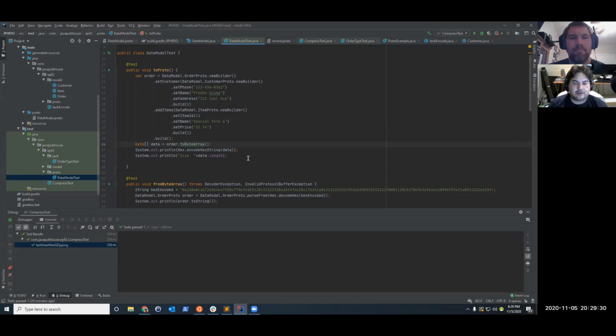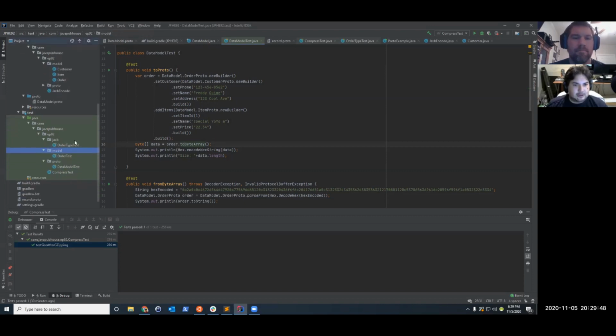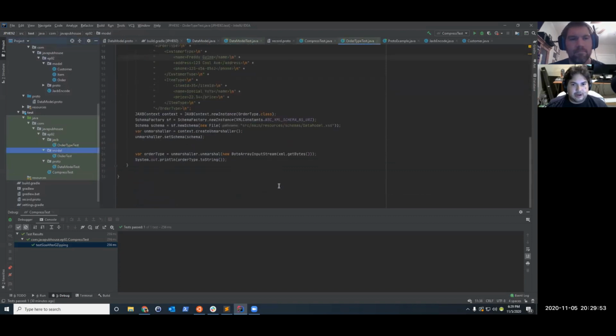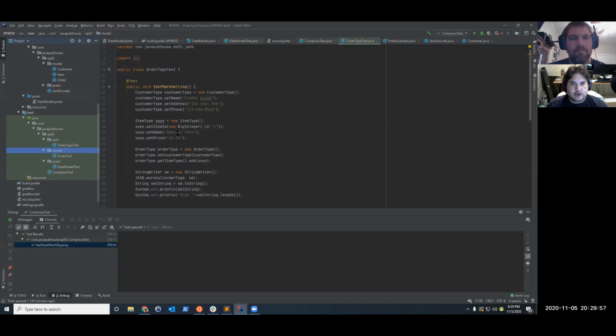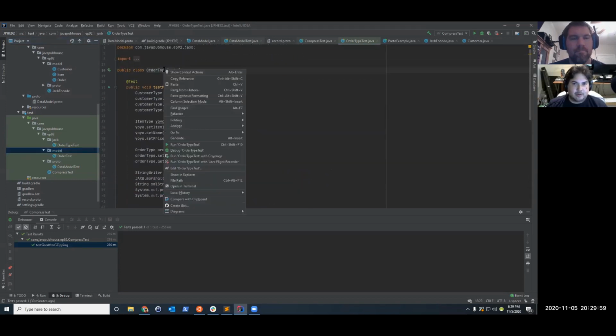And this binary representation is what you can either send down the wire, write into a file, or read to a file, be what you wanted it to be, but it is very efficient. As a sort of preamble, let's do the order type test, right? One of the things that we do here is we print the size of how big